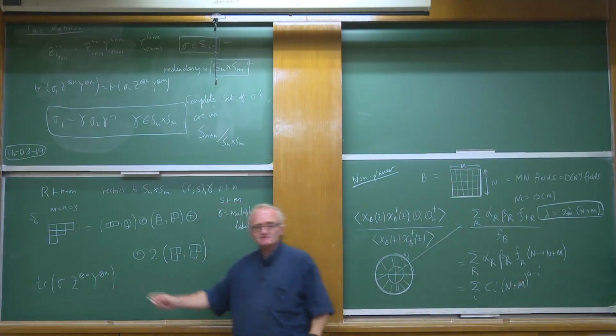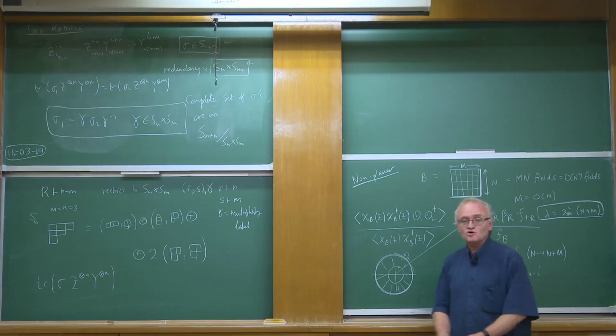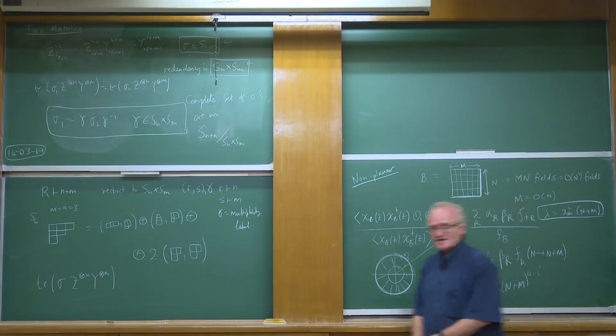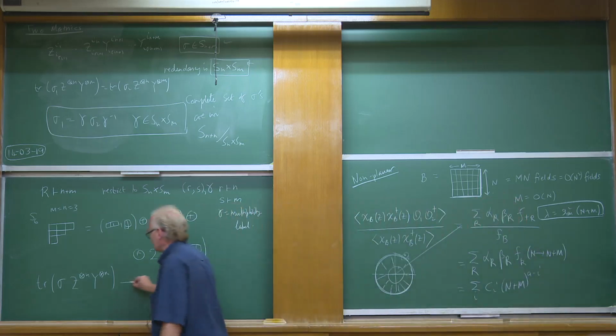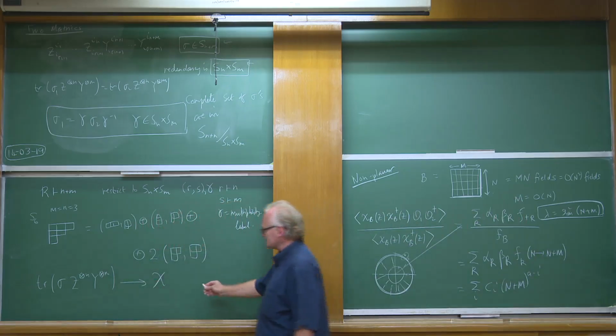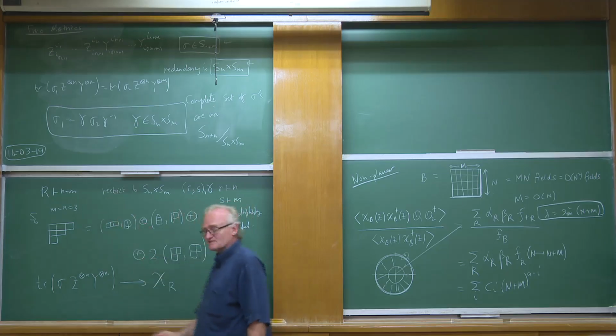And taking account of the trace relations when you've got two matrices is much more complicated than trace relations for just a single matrix. So what we would like to do, for the case of just one matrix, we went to this Schur polynomial that was labeled by a representation. I now want to move to a new basis, and my operator will be labeled by the representation R of